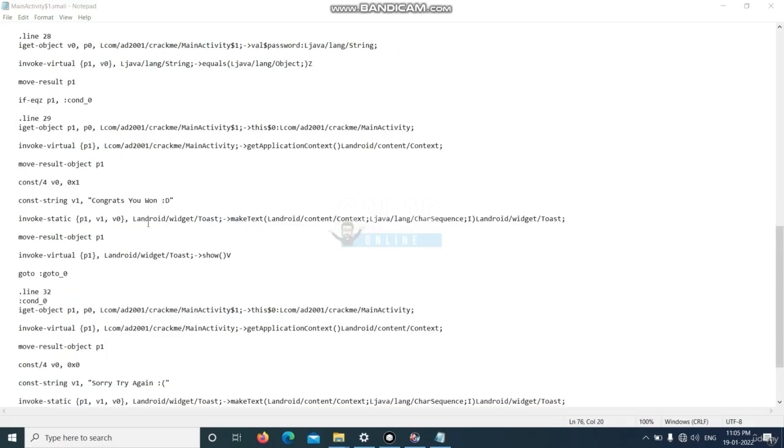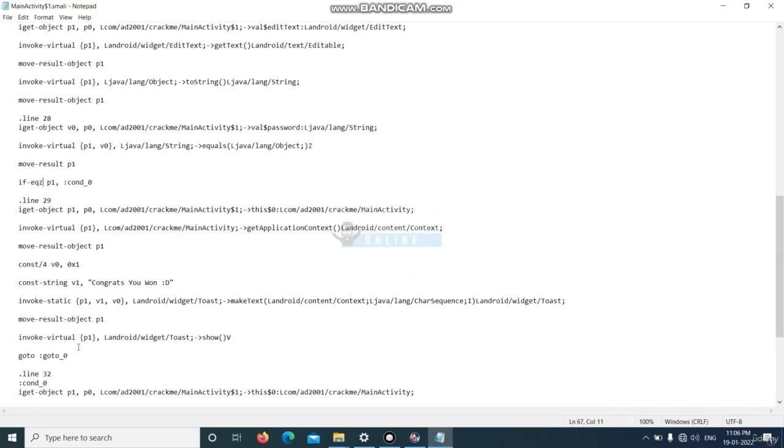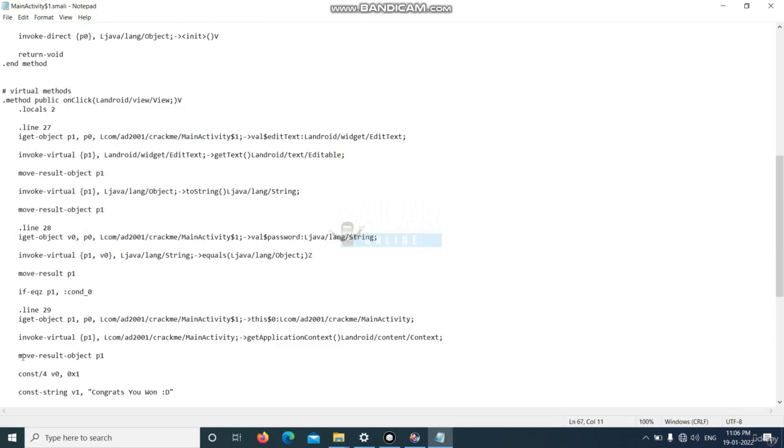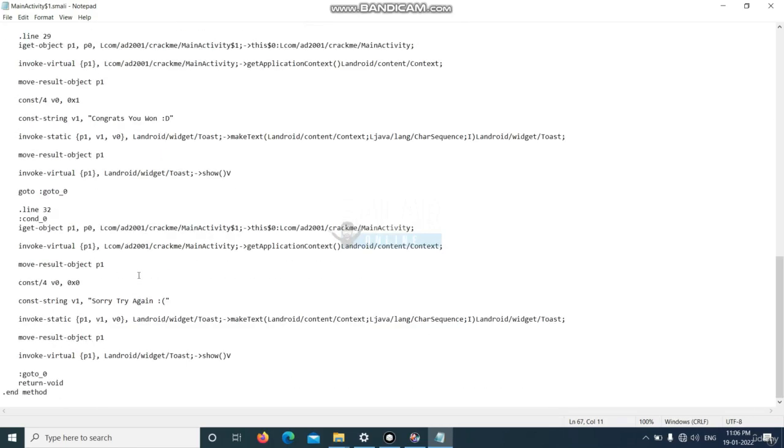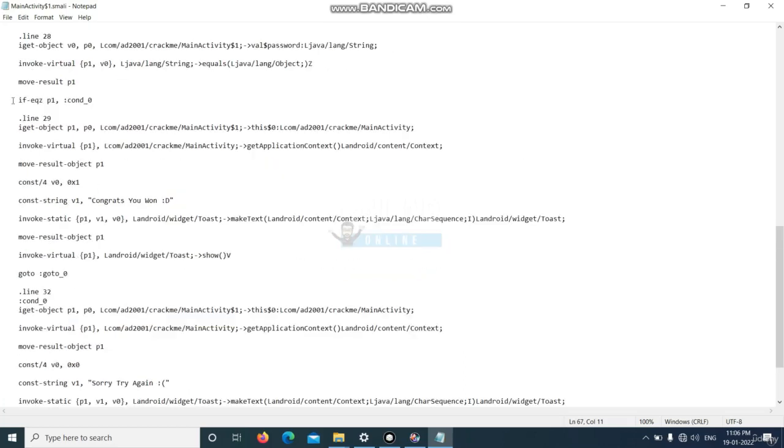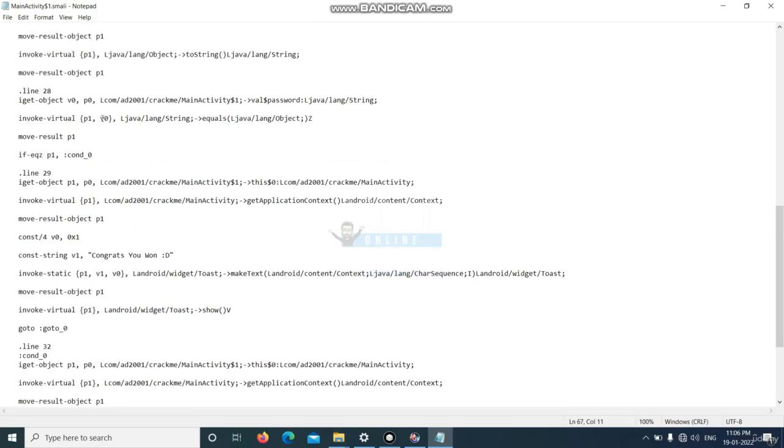You need to look for the smali conditional statements near this error message or the good message. If you look here, this is one conditional smali statement, and there is no other smali conditional statement near this good message or the bad message. So this is the closest one, and what you have to do next is, if you just scroll above,